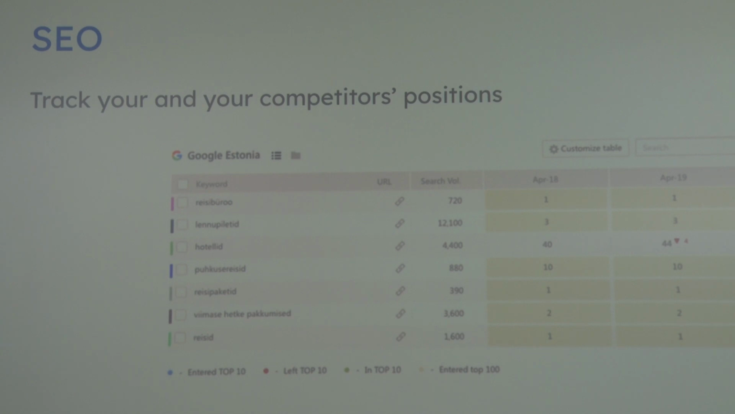So in this case, for most of these terms, it doesn't change, but for hotels, on April 18th, it was on position 40. On April 19th, it had dropped by 4 positions. And you can do that